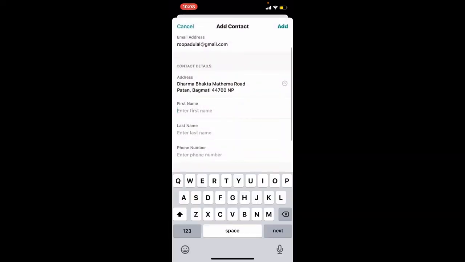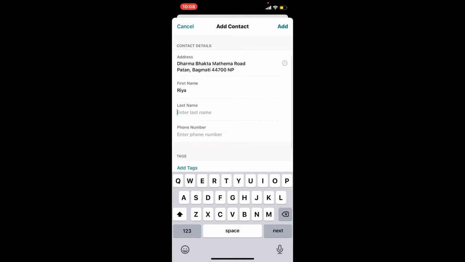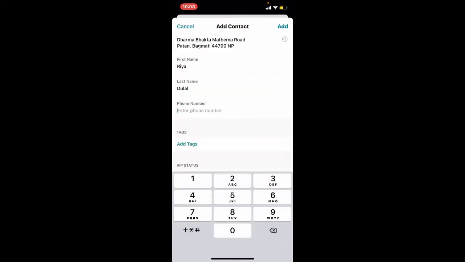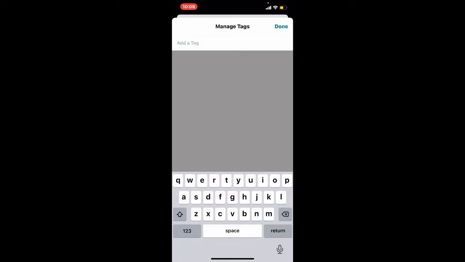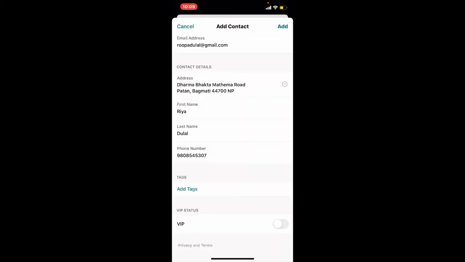Now type in your first name followed by your last name and enter your phone number. If we want to assign tags, tap on Add Tag and type in a tag for the contact. Finally, after entering all of the information, tap the Add button in the top right-hand corner, and in the pop-up